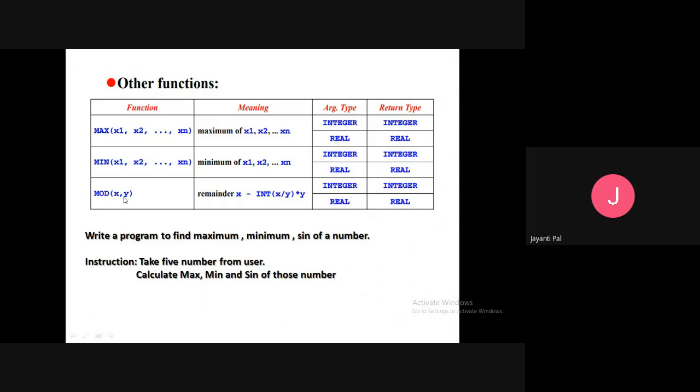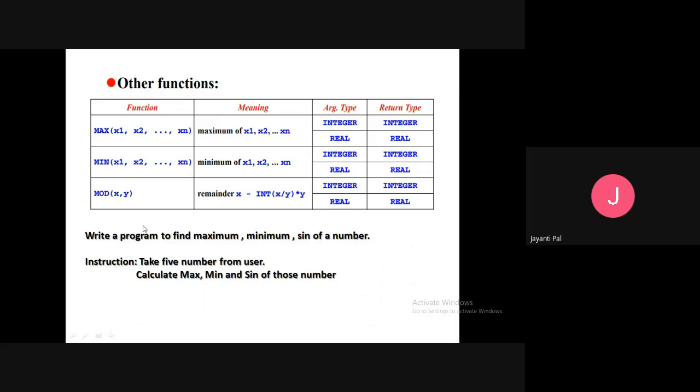X and y should be the same type of variable: if x is real then y should be real, and if it is integer then y should also be integer. In this way you can see what the remainder is. So these are the functions, and now we have two programs.